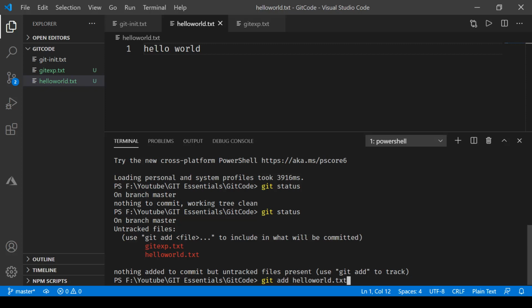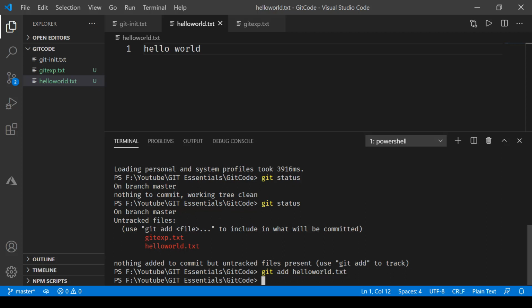So I'm adding it now to the staging environment. Remember, the initial way was to have all the changes added to the staging environment by saying git add dot. But here we are saying git add helloworld.txt. So now press enter. And if I now say git status,